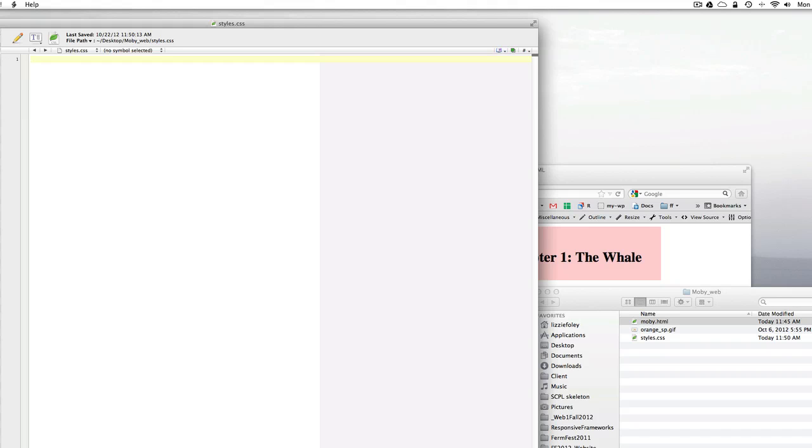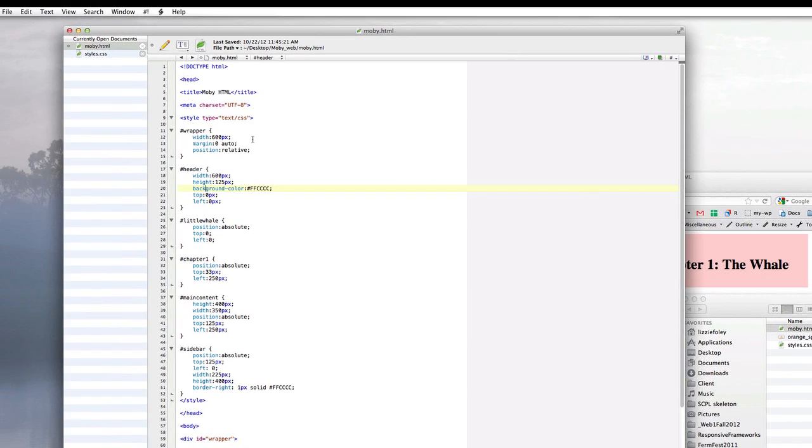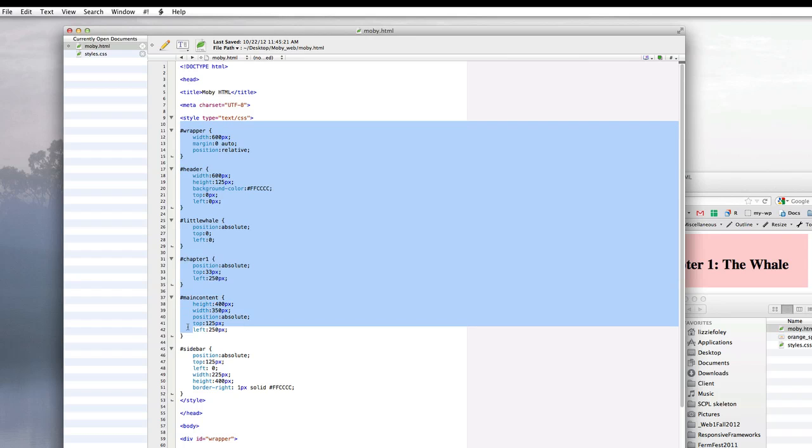So I'll return to Mobi, and I'll get some styles for my blank style sheet by copying all of these rules, but only these rules. As you can see, the way style sheets work inside of an HTML document, they have to be nested inside these tags, but we're not going to take the tags over with us to the external style sheet, only the rules, from the top of the rules to the last curly brace. So I have this selected,